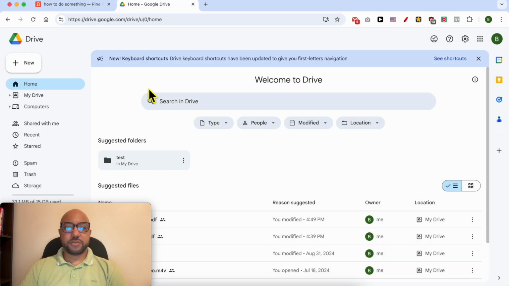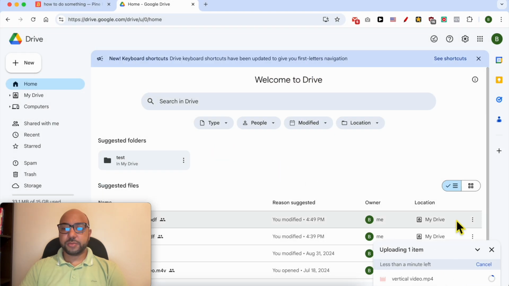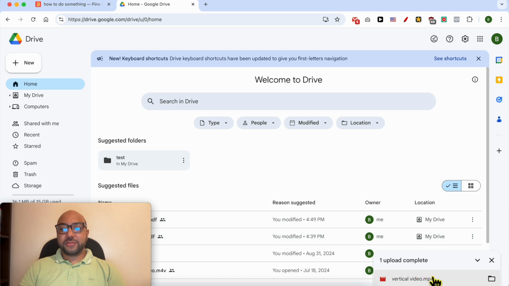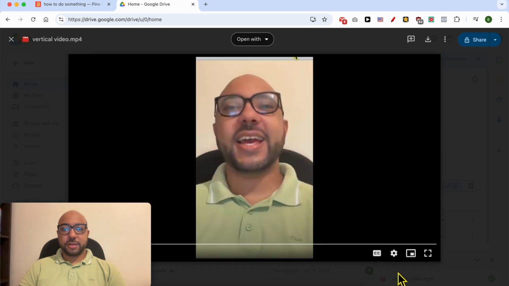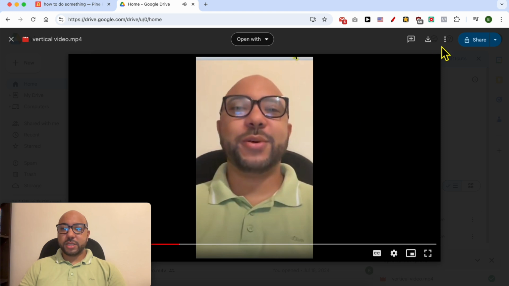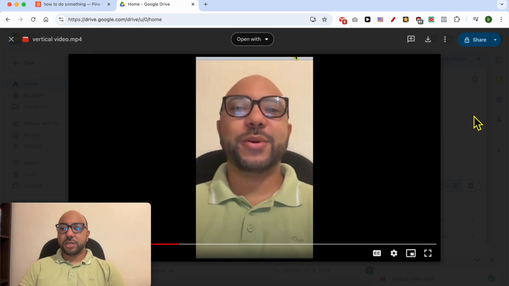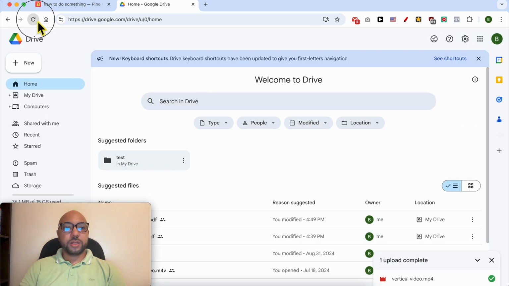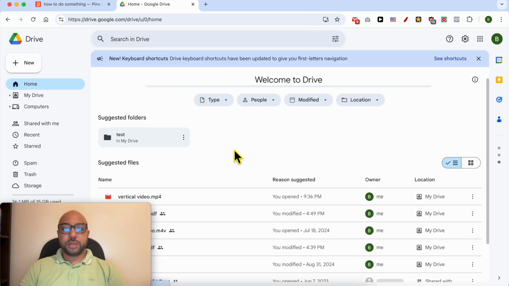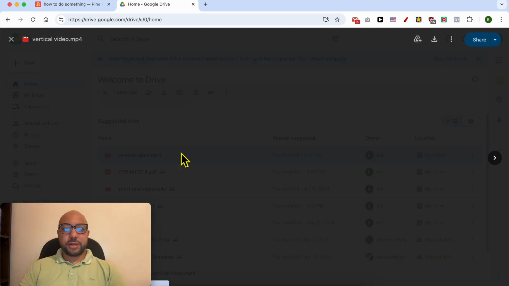Select your vertical video from your computer and wait for the upload to complete. Now that the vertical video upload is completed, click on it from here. Then pause it, click on these three dots from the top. And if you don't see open in a new tab or something similar to that, just close this window, refresh the page, and double click again on your video